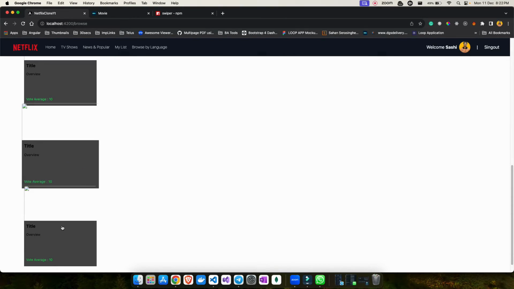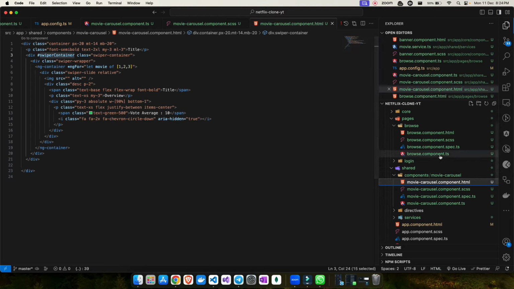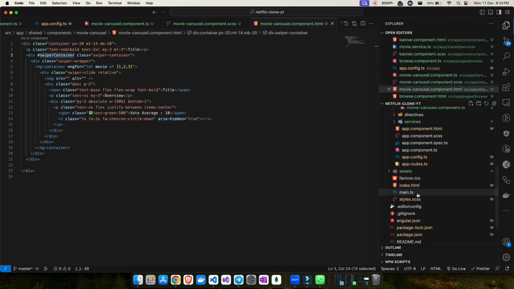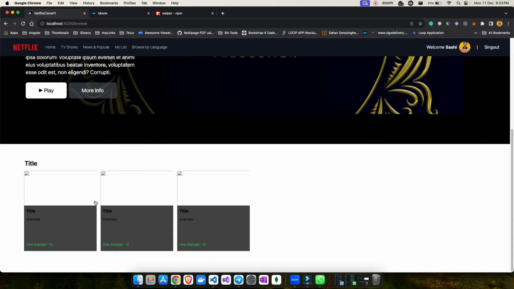Now we have to style a bit so that we can see them one after the other. It's all vertical, right? We don't want vertical, we want to make it horizontal. To make it horizontal, as we are using swiper already, the main thing we have missed is that we need to import the CSS. So let's import that CSS of swiper by saying import, from node modules. Inside node modules you will have swiper, because you have installed it successfully, and inside that you will have swiper.scss. If you save the changes and go back to your view, now you can see all of them horizontal.